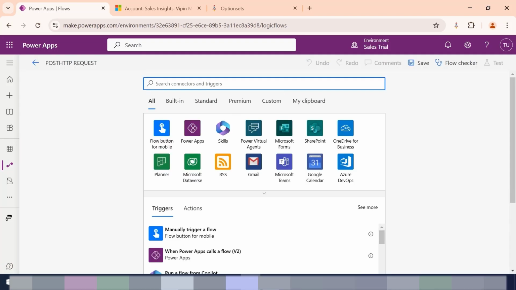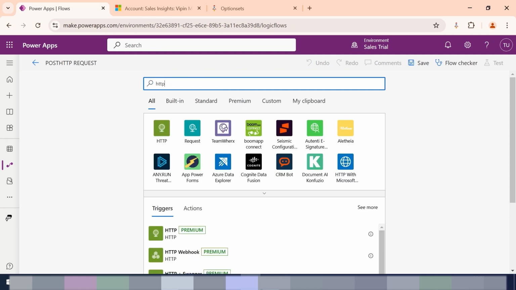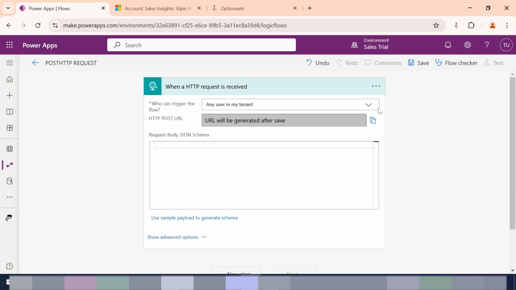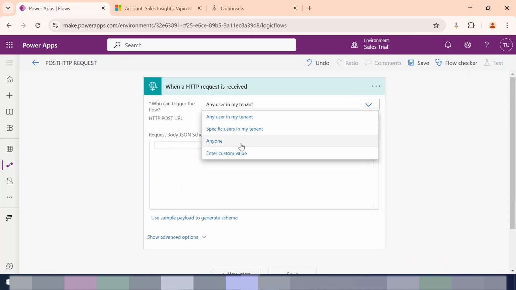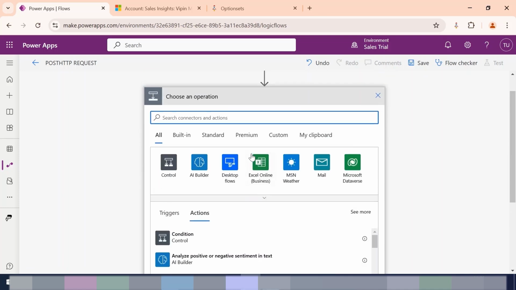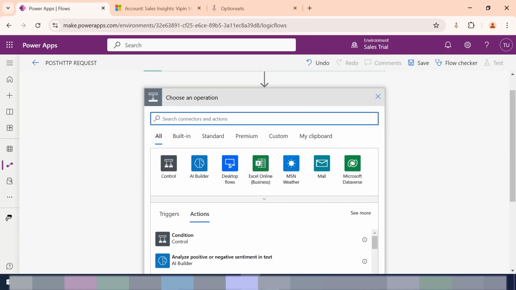will be HTTP action. So this is the HTTP request action we need to add, and we need to select this trigger action. So in the drop down we are going to select anyone, so anyone can trigger this flow. This post URL will get generated once we save the form. So let's just add a compose action for now,